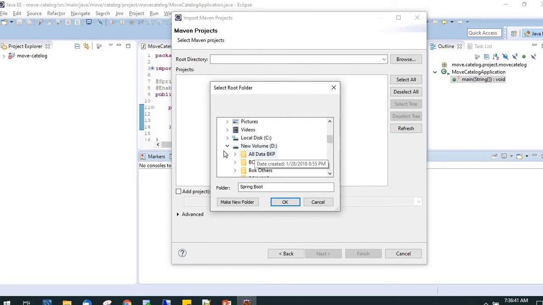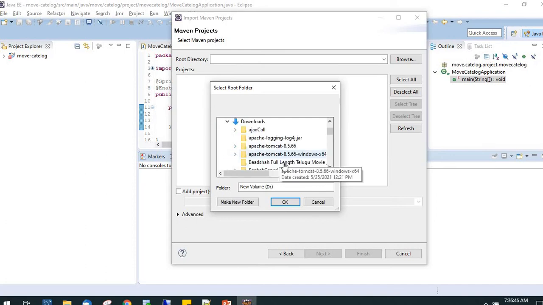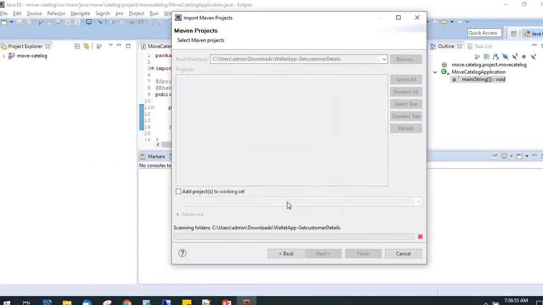It is under downloads, right? So click on downloads. It is wallet, so wallet get customer details. Okay.